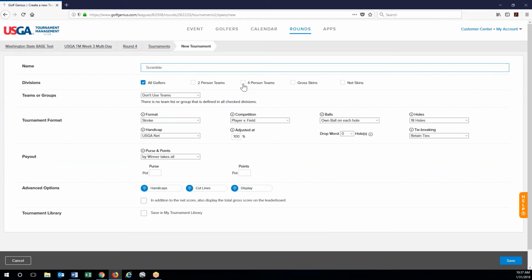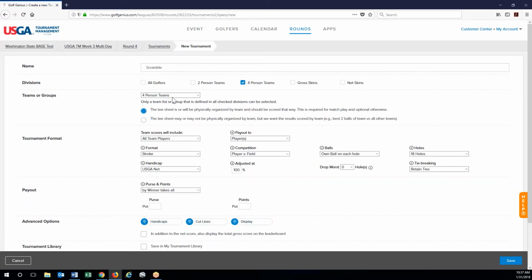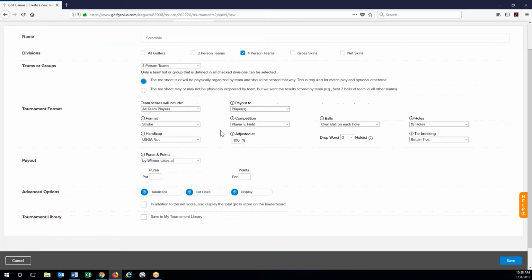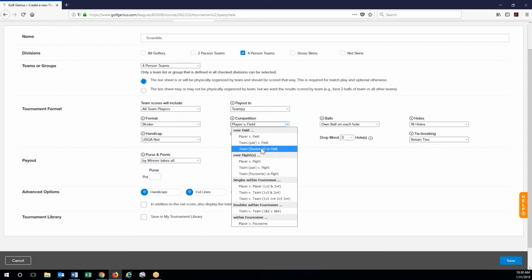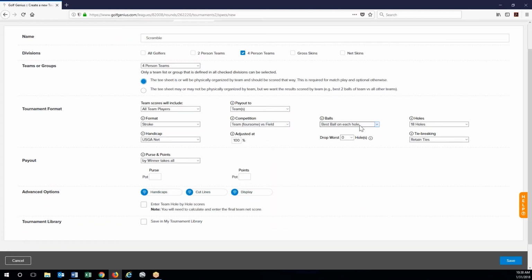We're going to use our 4-person teams, and under division, select our teams and groups. And in this instance, I did set the tee sheet to be done by groups because they're playing a scramble, so they need to kind of be together. And the payout is going to be to team, and this will be a stroke play event, and it will be a team foursome versus field because everyone's playing together. And ball wise, we're going to go scramble,